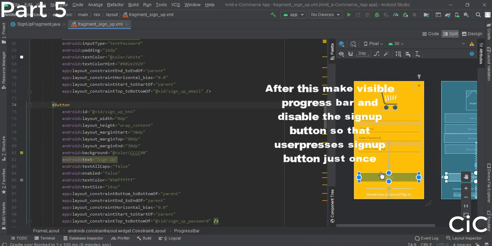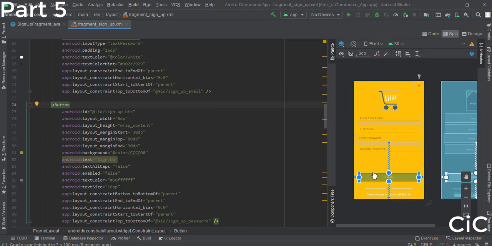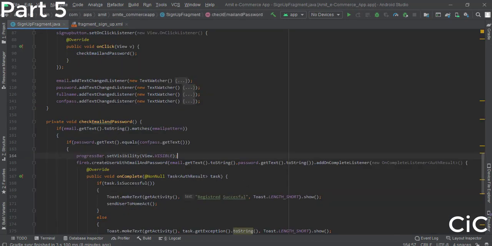Now the user will click on this one, but just in case, to prevent the user from clicking many times, like suppose the user has already filled all these fields and has clicked this once, we will disable it after he or she clicks once. So let's do that as well.